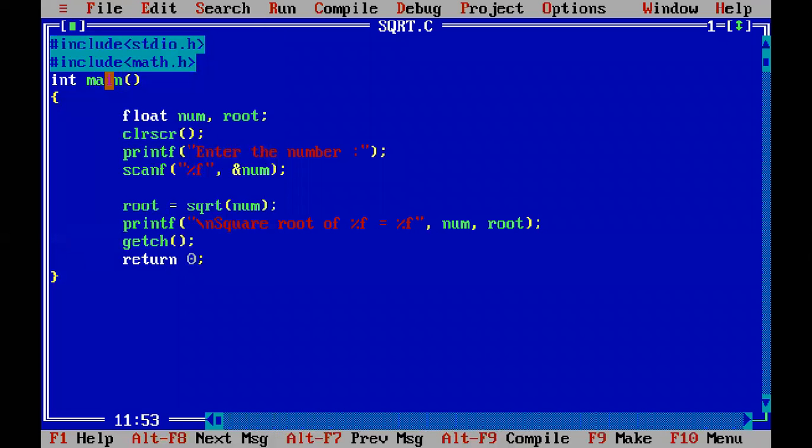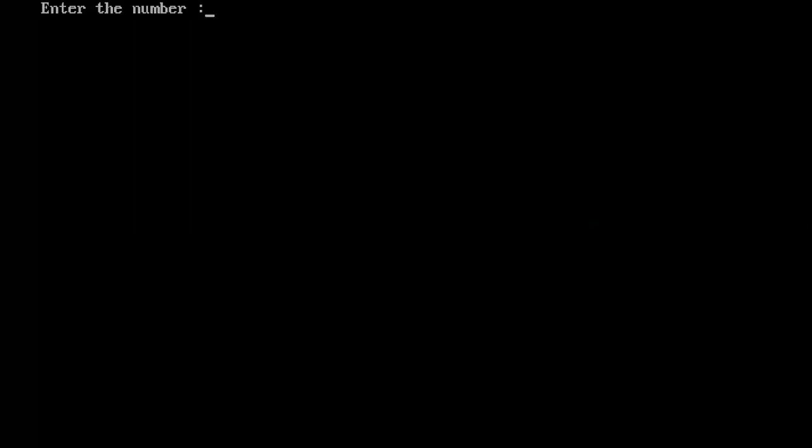Now you see, save it, enter the number 25. See, square root of 25.000000 equal to 5.000000. Why in decimals? Because we have taken a float value, so we obtain the answer in terms of decimal numbers, but this is the correct answer.